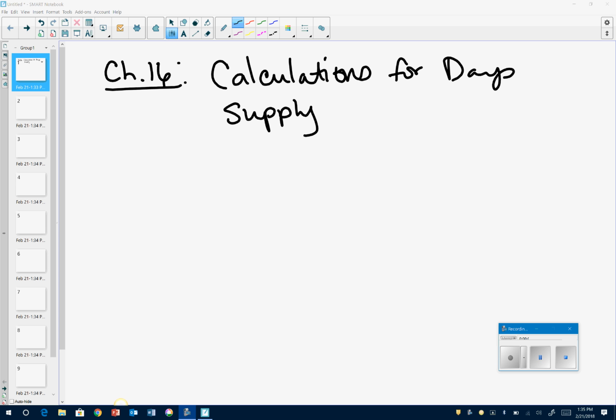Okay, Chapter 16, Calculations for Day Supply. So after you read through this chapter, and after completing the chapter, the student will be able to explain why pharmacy technicians in community practice perform calculations for day supply, explain why the same drug in the same quantity could